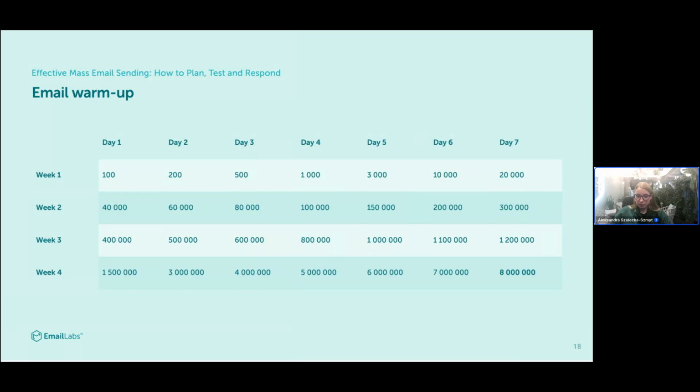We move to increased volume, and so on, until we reach our target volume, which is, for example, 8 million emails. But it is also important to remember that email warm-up is required by most global providers, and if you do not perform email warm-up, you will probably be blocked by the provider or limited, and you will receive a lot of deferrals. So a new IP address, a new server, or a new email domain or subdomain requires email warm-up.